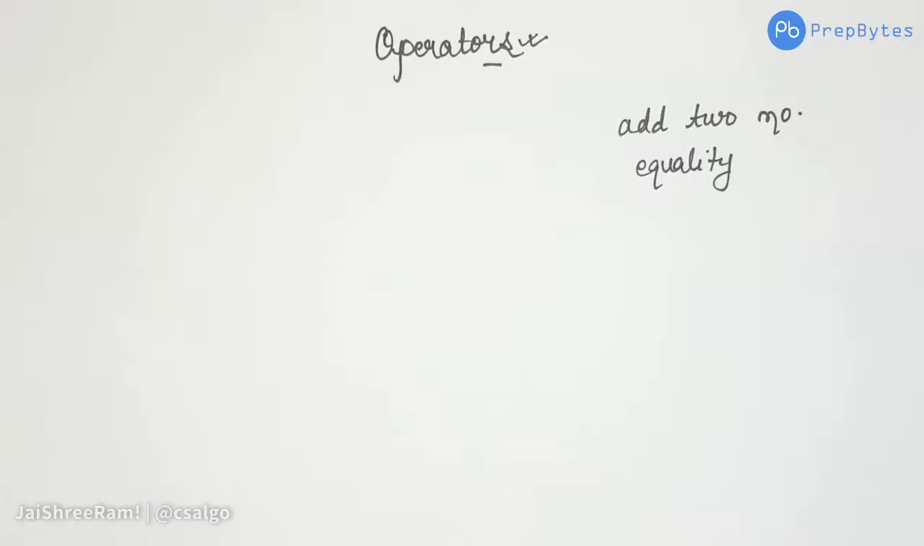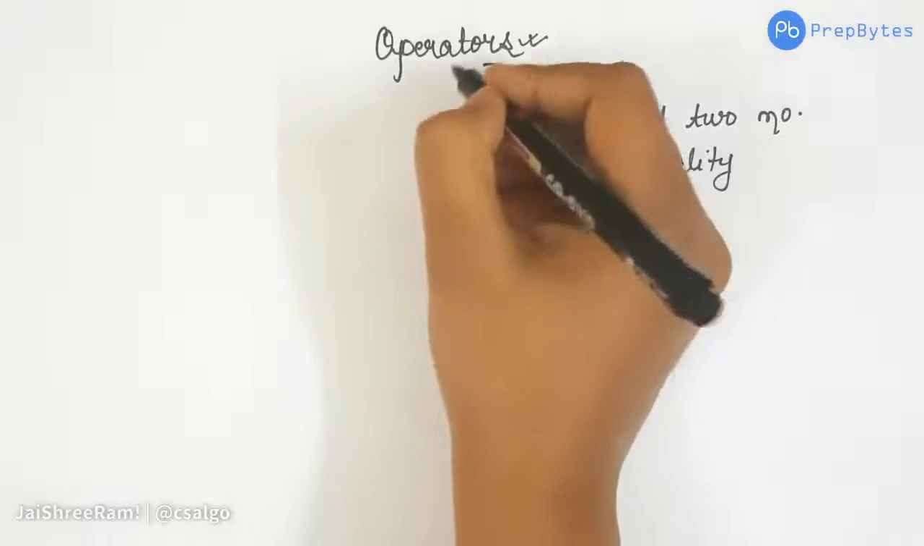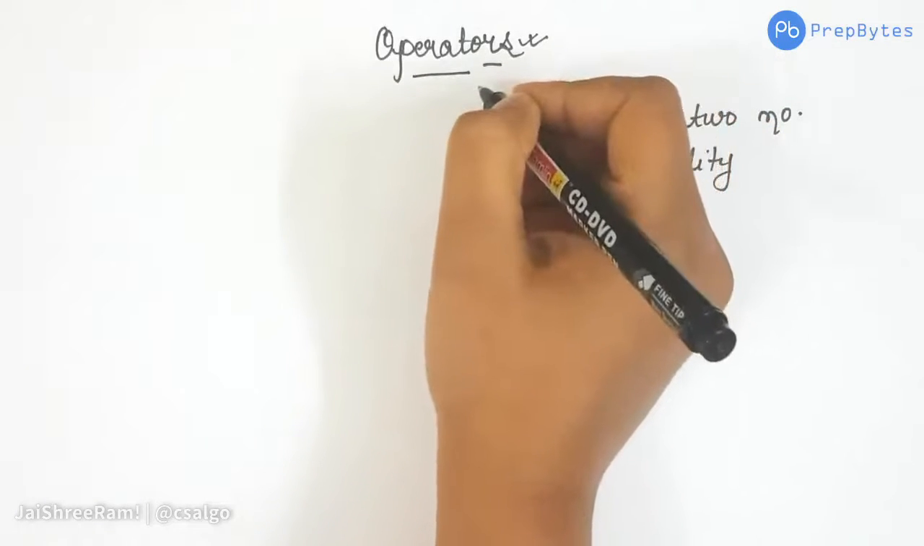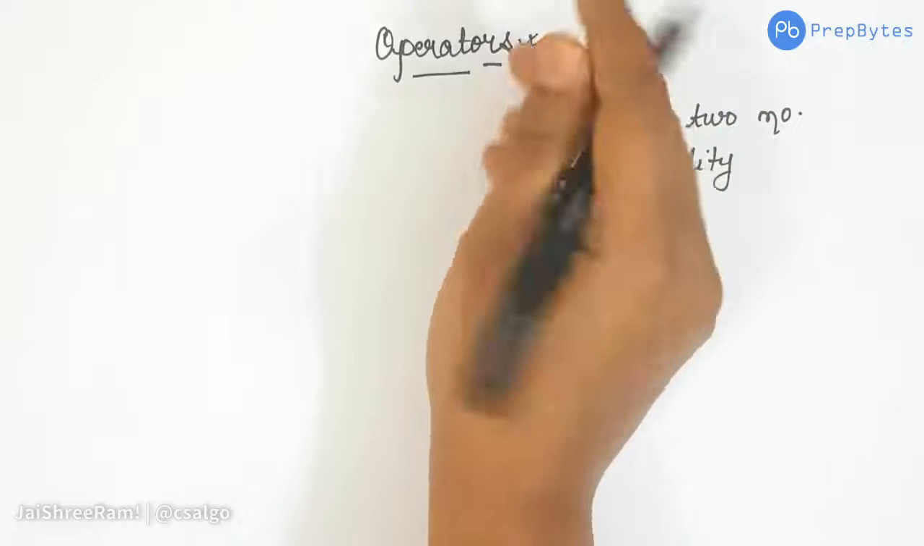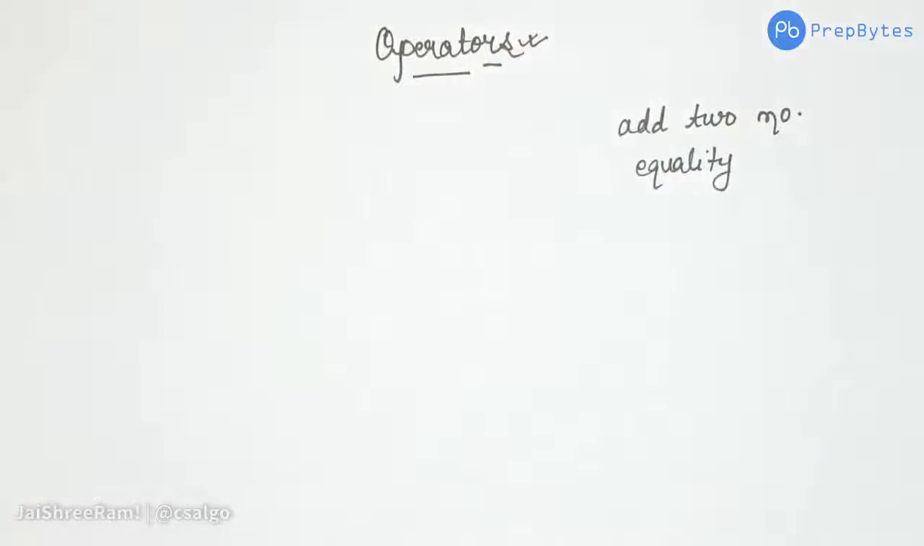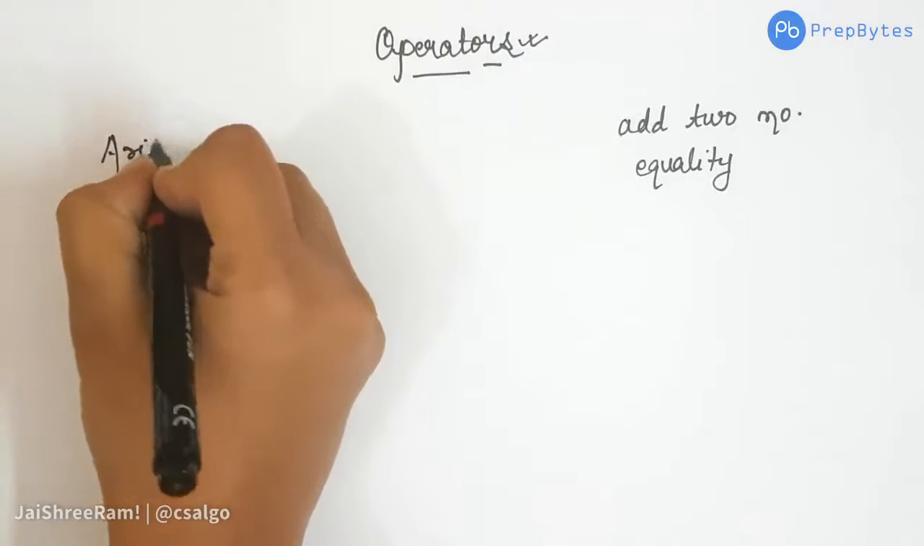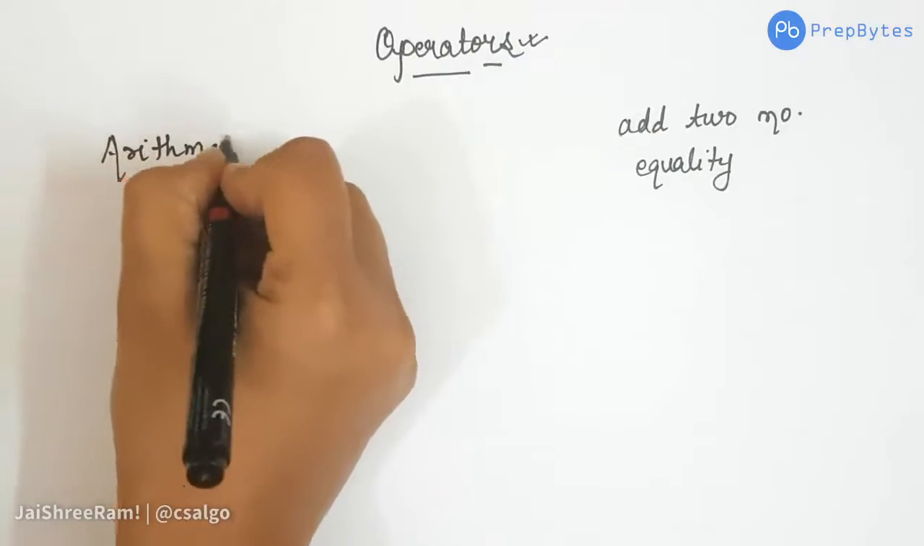So we have to perform lots of operations while we are writing a program, and for supporting these operations we have several operators in C++. Today we are going to talk about these operators. If we broadly classify the operators, the classification goes like this. We have a few arithmetic operators,